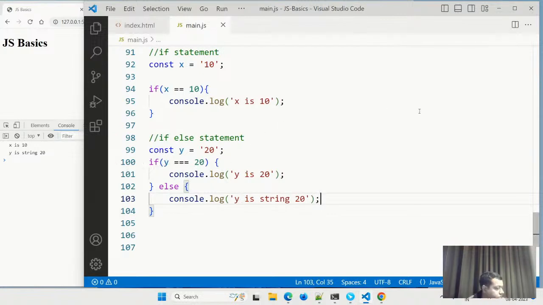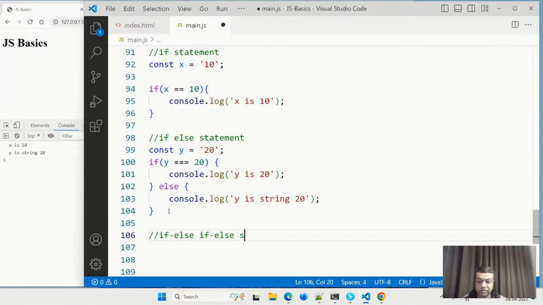Like the if statement and the if else statement, we have a very popular statement also, which is known as the if else if statement. We'll see that also today. So let's see that: if, else if, else statement.